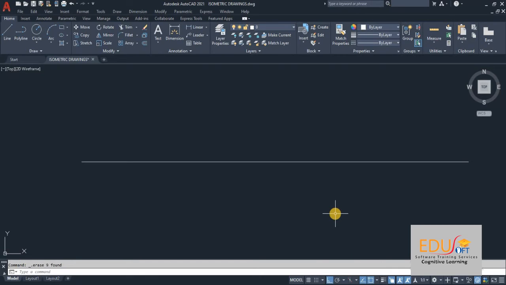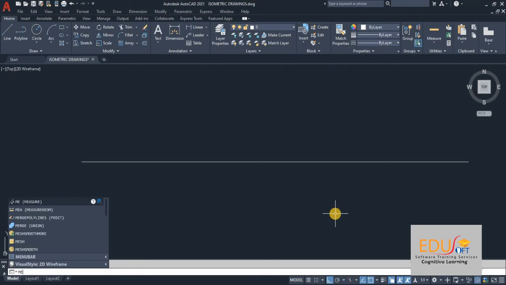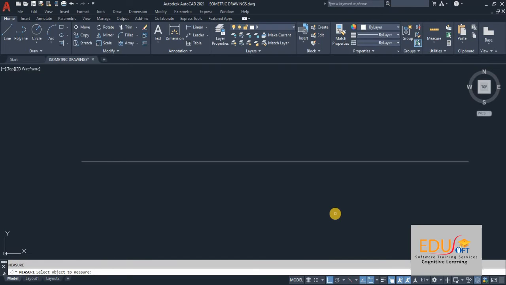But let me say I want to divide my line in such a way that the divided part should be of length 38. So we will take the command measure. ME is the short key for measure. Select the object to measure.